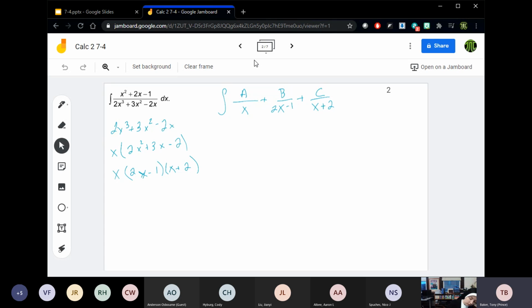To figure that out, I'm going to look at what each one of those letters is multiplied by, and then figure out the coefficients that match up with the numerator up top. If I was to bring this back together,